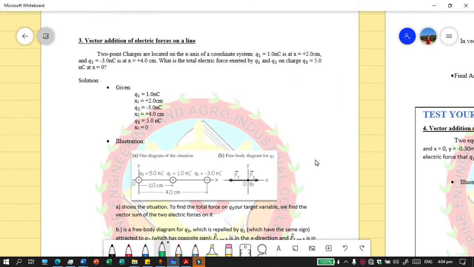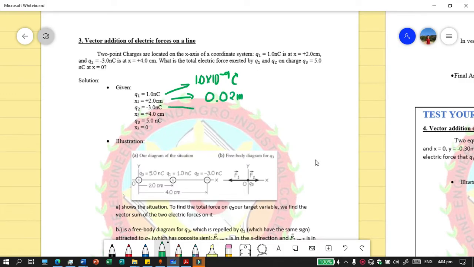So again, kailangan natin isulat yung mga given values natin para ma-notice natin kung meron pa ba tayong kailangang baguhin or kailangang i-transform. In this case, mapapansin natin that these are not written in the standard form. So dapat kailangan nating i-transform muna or i-convert. So magiging 1.0 times 10 to the power of negative 9 coulomb. Ito namang sa baba, or itong x sub 1 natin naman, this is 2 point, no, not 2 point. That would be 0.02